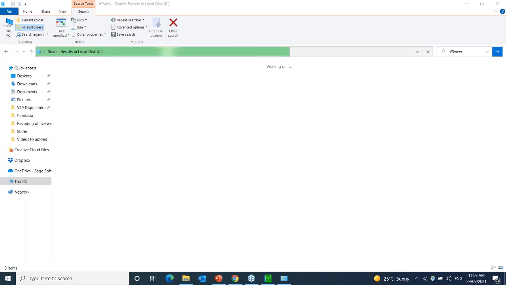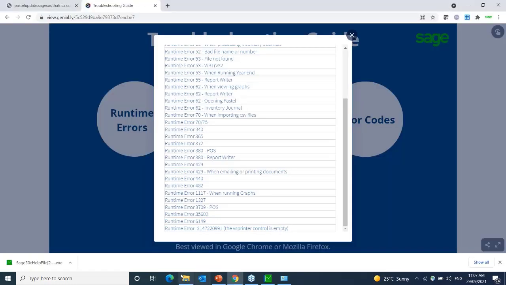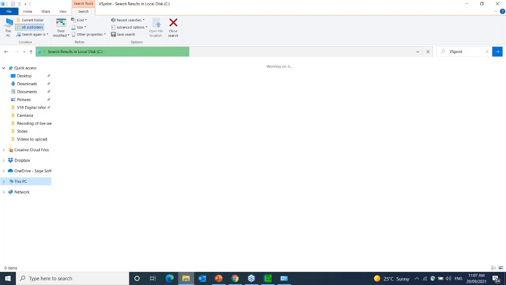You will click on your installation file. It will run through Pastel. When it asks you to modify, repair, or remove, normally, to my knowledge, it actually finds VS print, but again, it can take some time. It's got to run through my whole C drive, and my C drive is really big. But you'll delete the file, and then you'll just go and